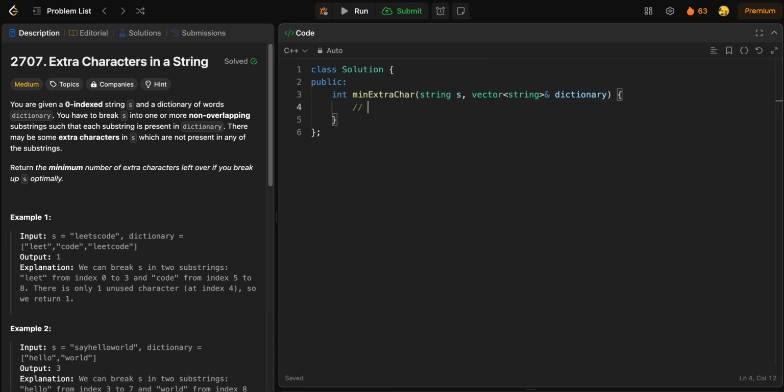Today, let's solve another LeetCode question. The description of the question is as follows: we are given a zero-indexed string S and a dictionary of words. We need to break string S into one or more non-overlapping substrings such that each substring is present in the dictionary. There may be extra characters in S which are not present in any of these substrings, and we need to return